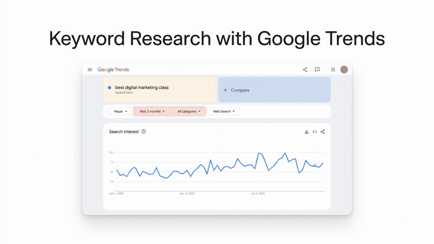Picking right up with our SEO strategy, let's dive into the keyword research process. A great starting point is Google Trends. By entering a seed term like Best Digital Marketing Class, you can instantly visualize its popularity over time. You can filter these results by specific regions like Nepal or India, adjust the time frame to the past 3 months, or even narrow it down by categories such as entertainment or health to see exactly what users are searching